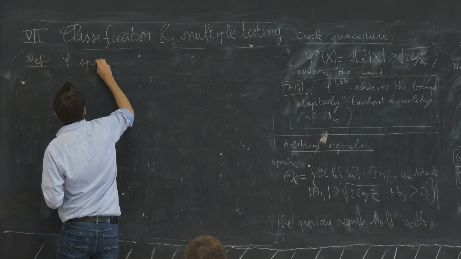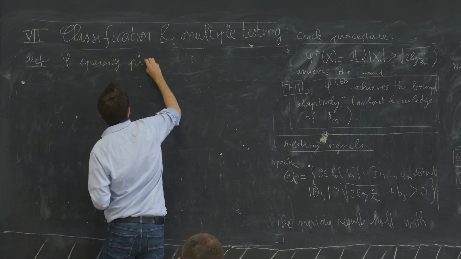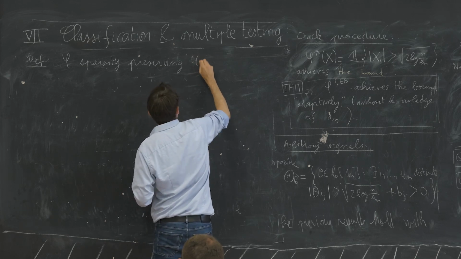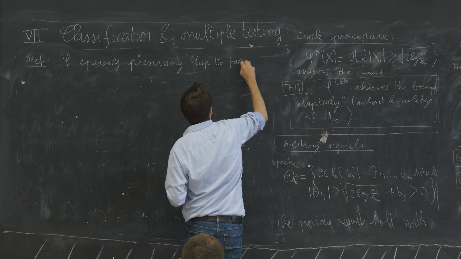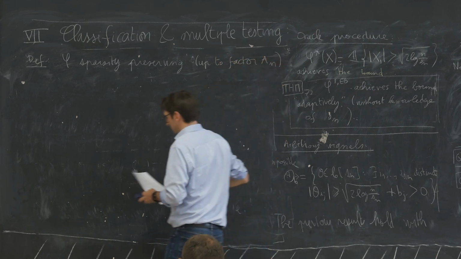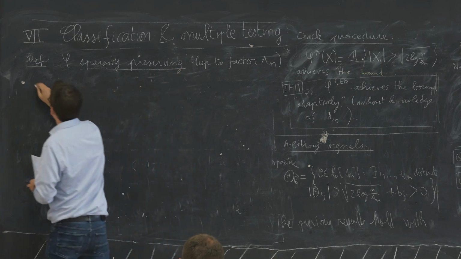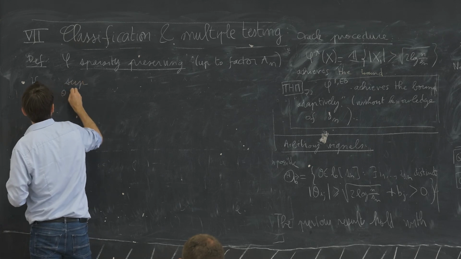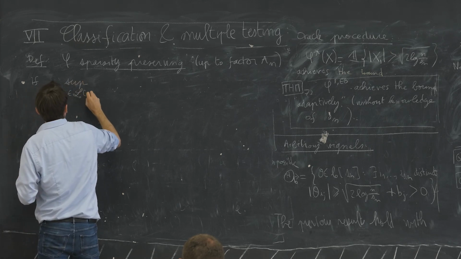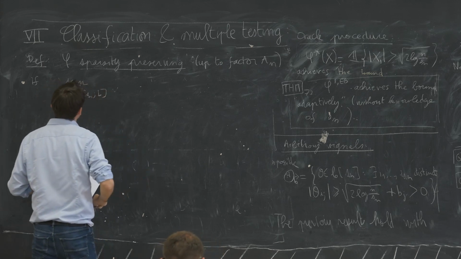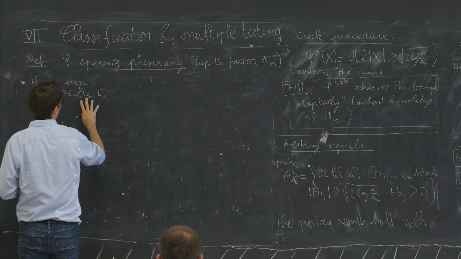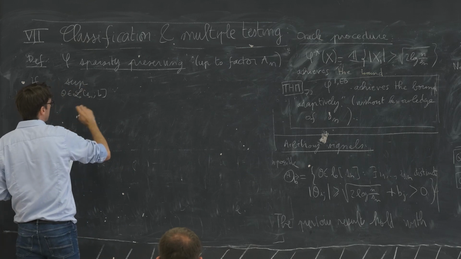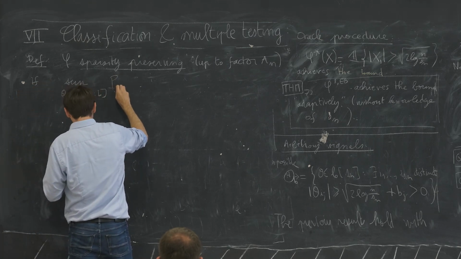We say that phi is sparsity preserving up to factor an, if, so I want uniform results. Here I put only this type of class, so I will state the result for the easier class, but it works just as well for the more complicated class. And you could even put L0 Sn here, because the condition I'm going to write is actually quite mild and